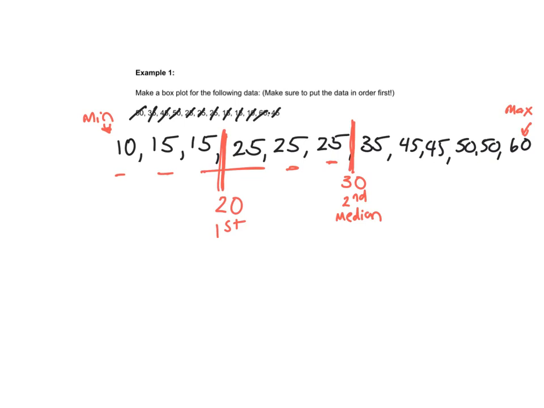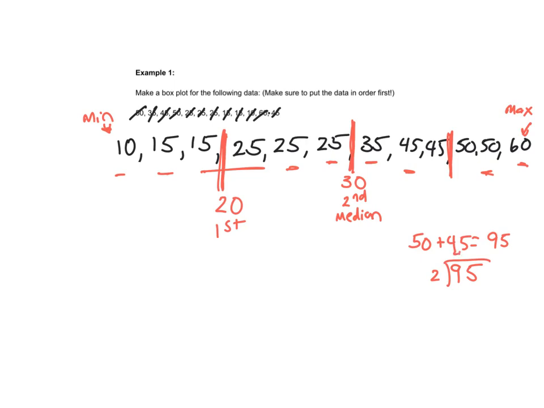The third quartile is going to be between 35 and 60. We're going to work our way in. We need to find what's exactly in the middle of 45 and 50. So this time it's not going to be an even number or a whole number. There's going to be a decimal in it because when we take 50 plus 45, we get 95. And then if we do 95 divided by 2 to find the average,